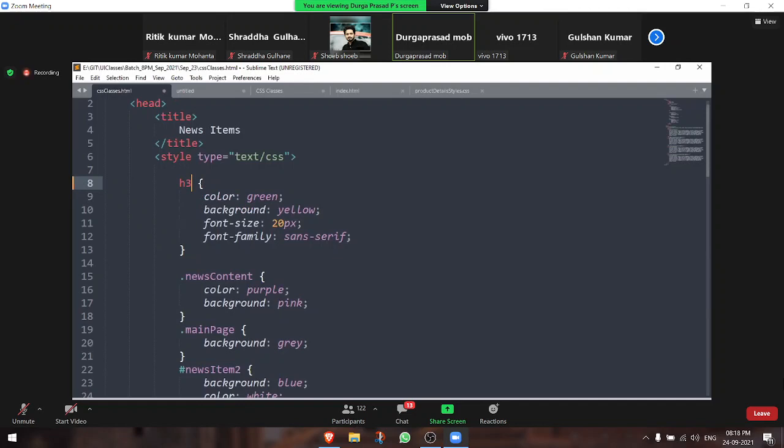When I say H3, it indicates that within the current web page, anytime you have the H3 tag, these properties are automatically applied. In a single page, anytime you see the H3 tag, you automatically apply this set of properties. Now what I can do is, another thing is,